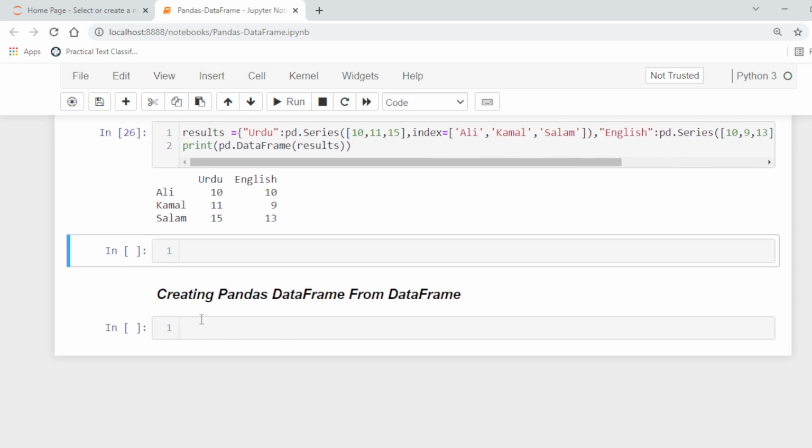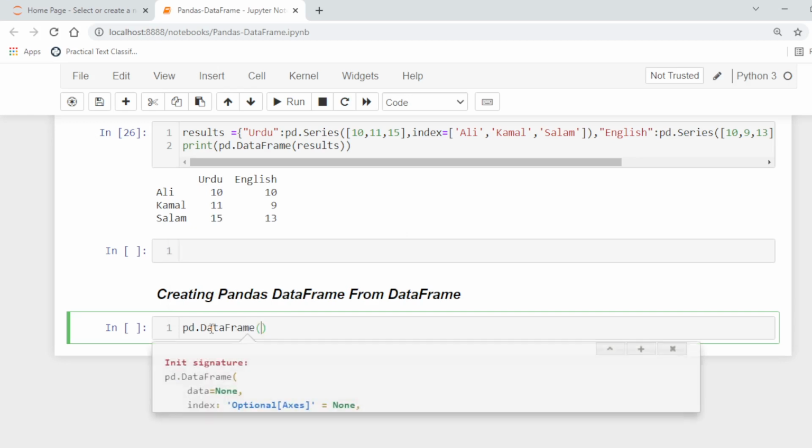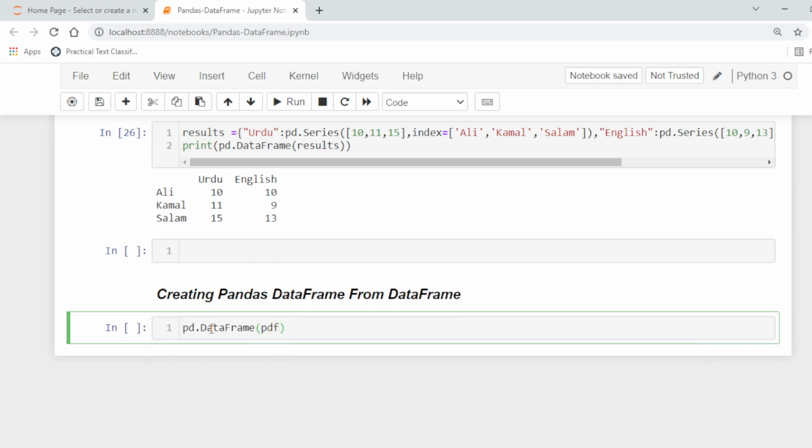Similarly, a pandas data frame can be created from another data frame. Just use one data frame and give the other data frame as an argument. For example, let's say pd.DataFrame and then we can use the above pdf10.